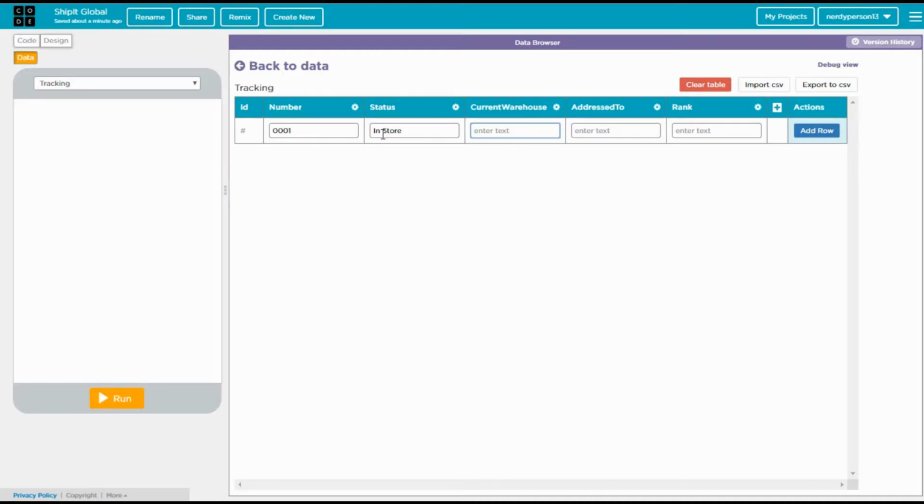And we can put the current warehouse is, oh wait, we can put original warehouse, oops, original location, and then it will be 100 Carlo Streets, and Avocado Land, California, oops,